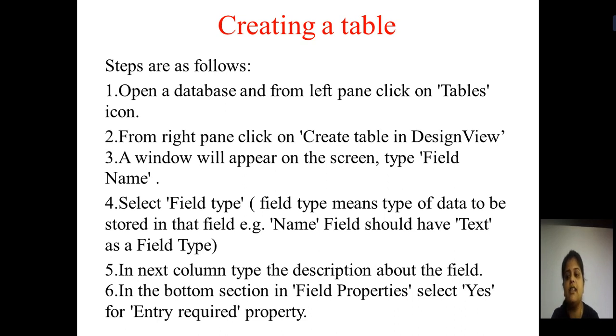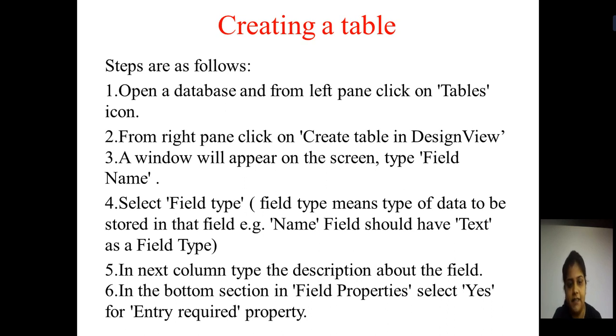Then a screen will appear on your window, in which you will have to type your field name. Field name means it will have the data type as text. In that you will write the description of your field name.